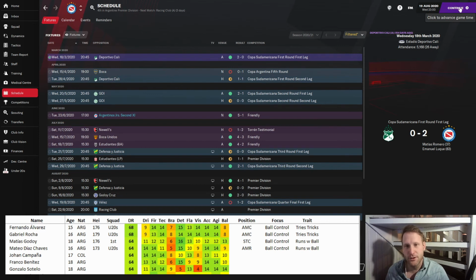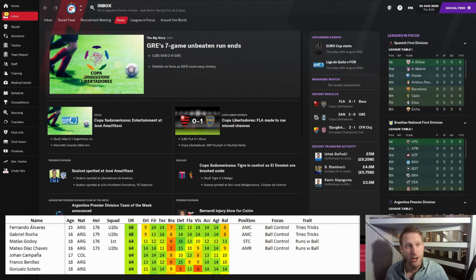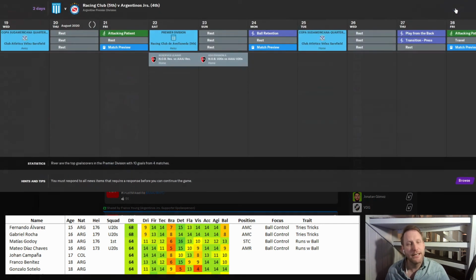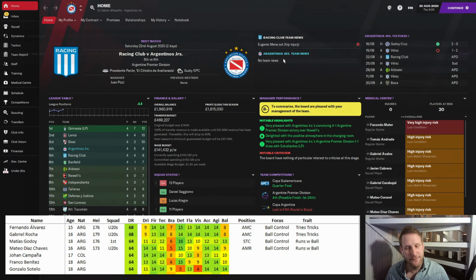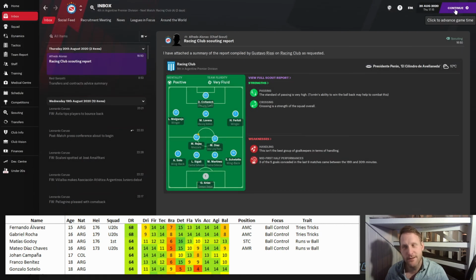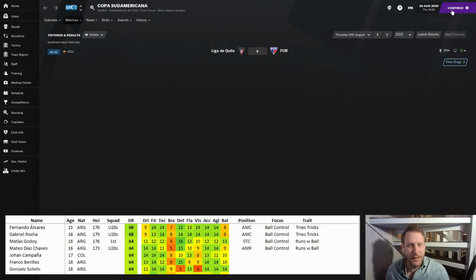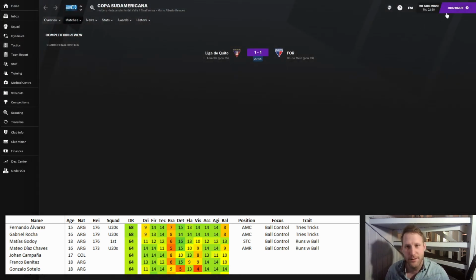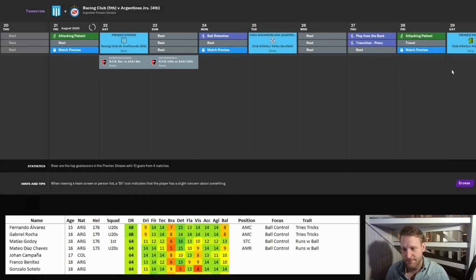Playing styles effective for development? I honestly have no idea, Dompap. That's an excellent question. I have no idea, and I'm not sure how to test it. But that actually got it tingling a bit in my tummy. I'm going to think how I could recreate that in private. Sorry if we're getting a bit late, but we're going to play these two final games, and then we're calling it a night. Having loads of fun with this save so far, but I would like to see a bit of player development, not just players deteriorating.